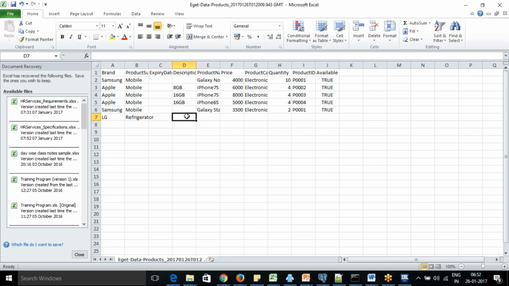So here we can write the capacity like 180 liters, and there will be some brand in there, right? So product name we can say something like WX3455A. Okay. So we can say 10,000.